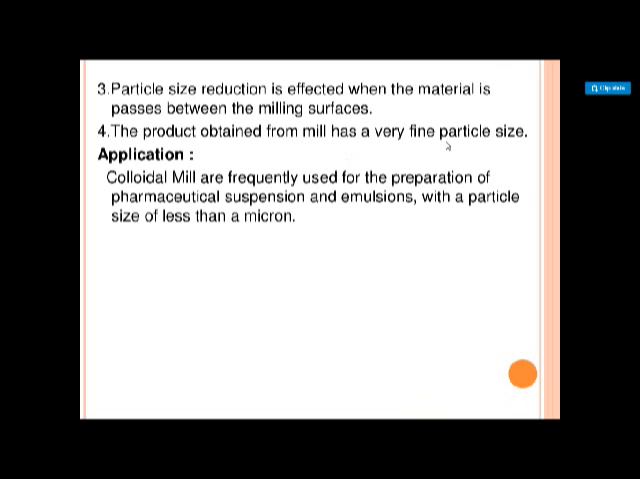As for application, it is used in the preparation of pharmaceutical suspensions and emulsions with a particle size less than 1 micron. Generally this colloid mill is for a feed of 200 micrometer. And generally it is observed that size is reduced to 1 micrometer at a peripheral speed of 10 meters per second, and